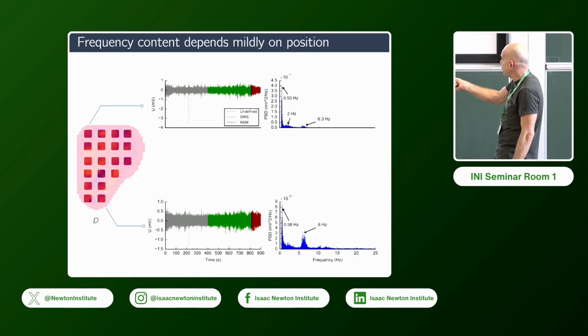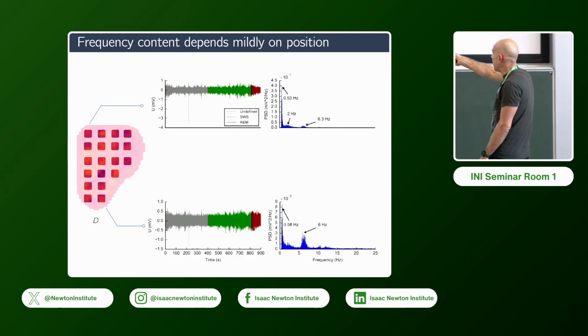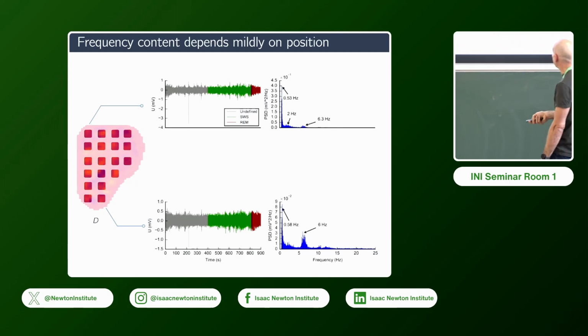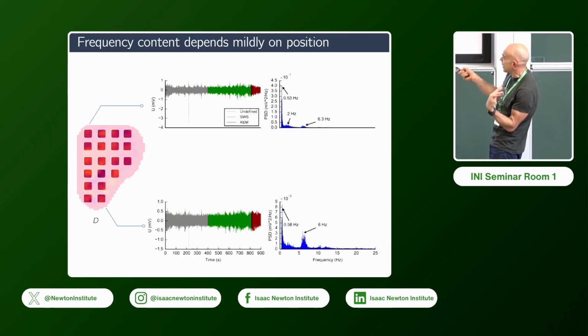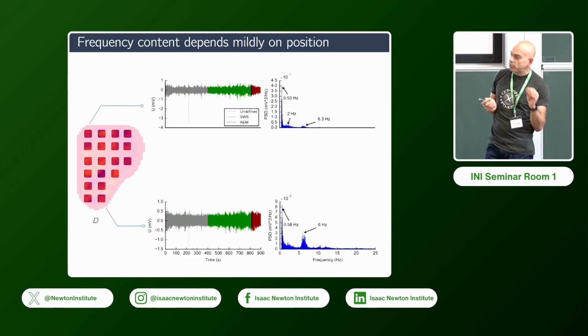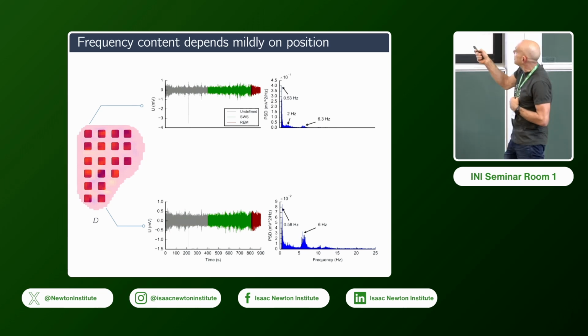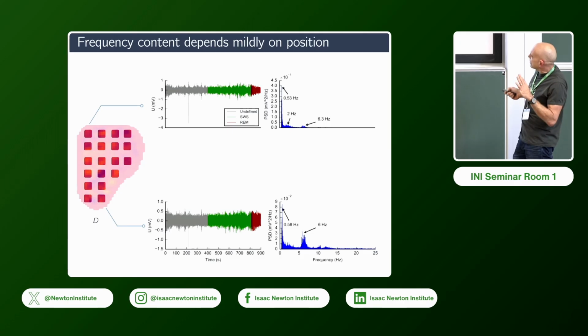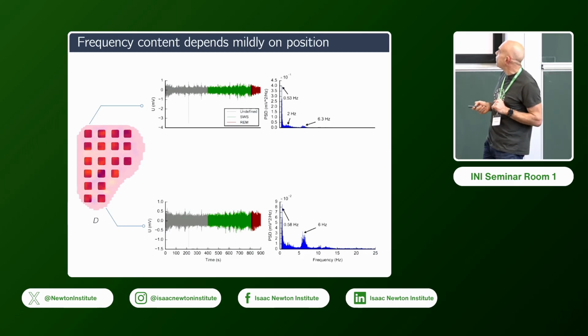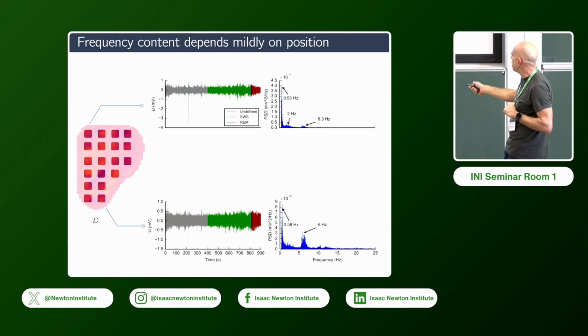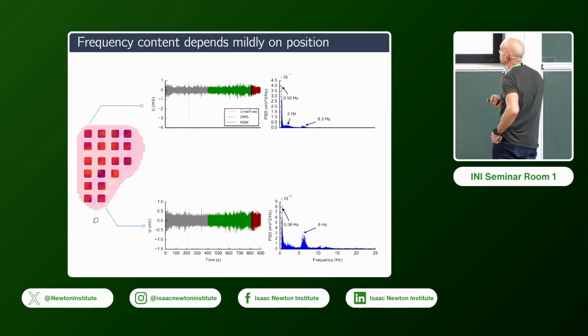And the first thing they do is to test space and frequency at every location here. And what they find is that the data set that they're given has only a very mild dependence on position. So if you pick up a pixel in the top left or a pixel in the bottom right, more or less the frequency peaks are there. The spectrum density is different, I'll give you that, but more or less the frequency peaks are there.